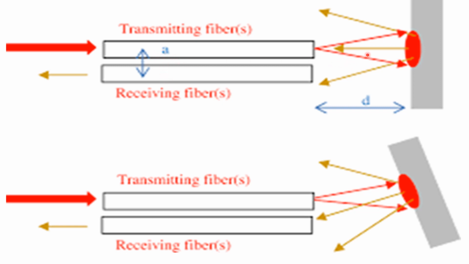Now what is our target? We are going to measure some moving object. It may be a bird or it may be a moving machine, something which is moving. We are going to find out the displacement. So we are going to send the light through the transmitting fiber. By total internal reflection, it reaches the other end. It hits the target, gets reflected and enters into the receiving fiber. Once again by total internal reflection, it comes out. You are going to have a detector here and, using an appropriate formula, you are going to find out the